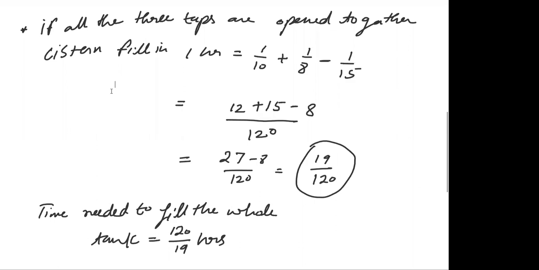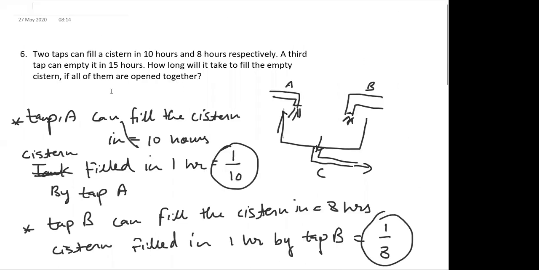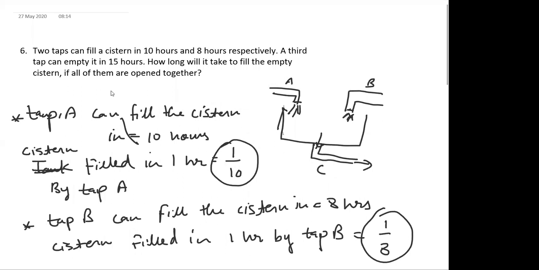What I have done, first read the question carefully. There are two taps and a cistern, a tank. There are two taps, tap A and tap B. Tap A can fill the cistern in 10 hours. So cistern filled in 1 hour by tap A is 1 upon 10, and tap B can fill the cistern in 8 hours. So cistern filled in 1 hour by tap B is 1 upon 8,